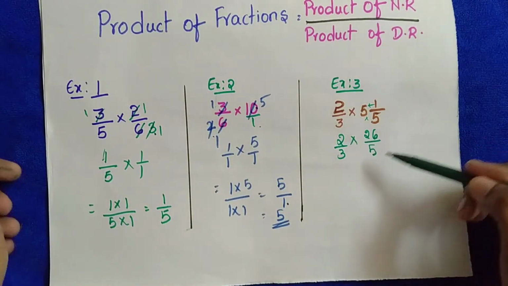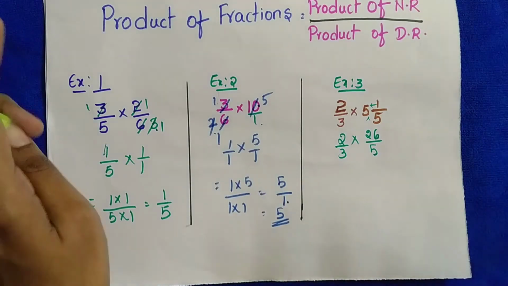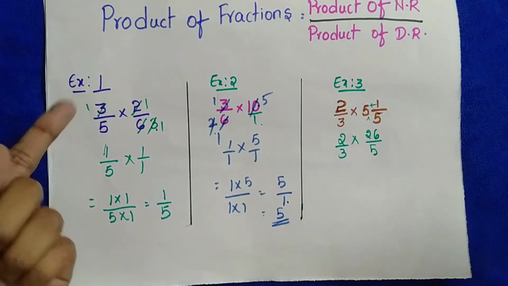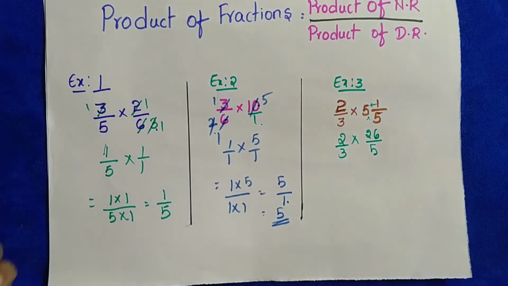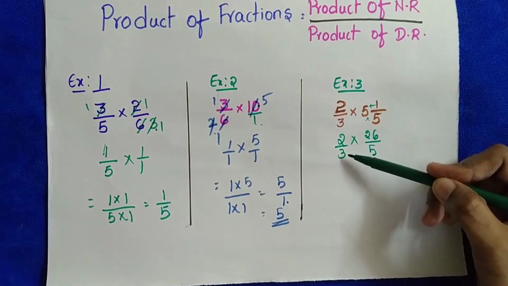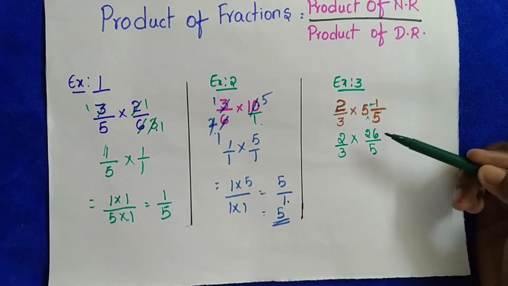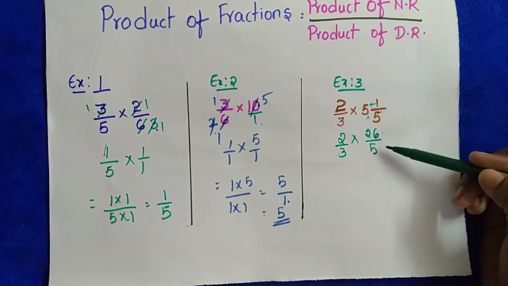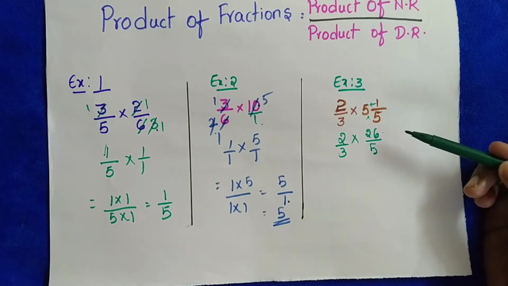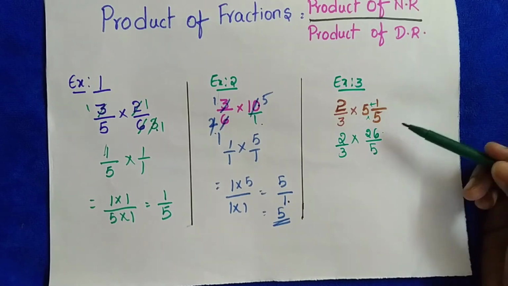Now we are having 2 by 3 and 26 by 5. Now we will multiply it? No. Before multiplying, what do we have to do? We will check for cancellation. First, see the first fraction. 2 by 3: does 2 and 3 go in any table commonly except 1? No, because 2 and 3 are prime numbers, right? Okay, leave that. And 26 and 5? Check once in 5 and 26, is there any table that goes commonly? No, because one is even, one is odd. It's also impossible. Now check crisscross, okay?